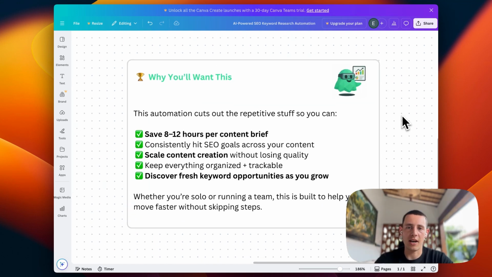And then in terms of why I think this is such a great automation, it's basically removing every single piece that was repetitive and saving a huge amount of time. So, on average, I'm finding that I'm probably saving about 8 to 12 hours per SEO content brief. And by the way, when this automation is done, you do it in 30 seconds. And that means that you can also get not only save time, but you can get a much better output, because frankly, the AI is much better at doing and consolidating this analysis than I am, at least. That then allows you to basically scale